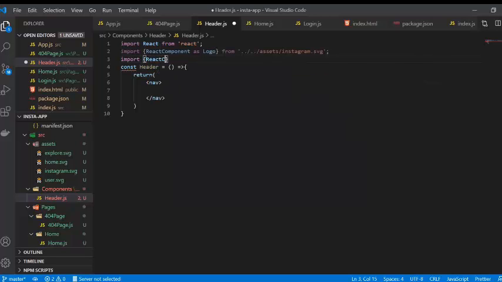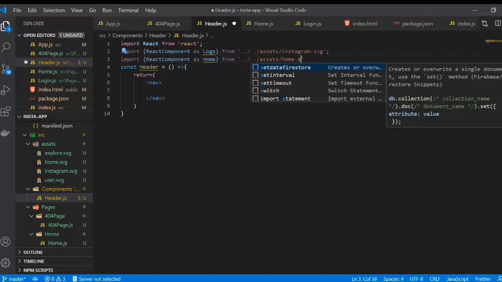So I'm just going to import the React component as home from ./assets/home.svg,